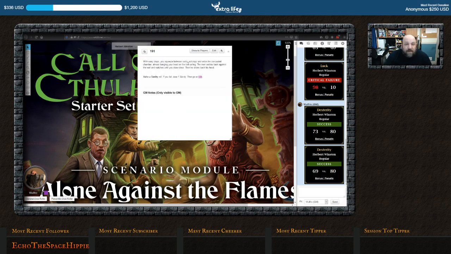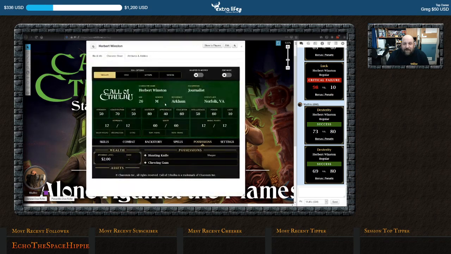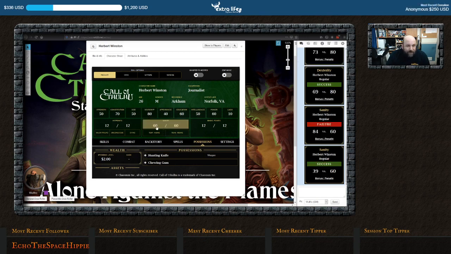With wary steps, you squeeze between rocky outcrops and enter the concealed chamber, almost banging your head on the low ceiling. The man settles back against the wall and watches until you draw close. Then he slides back his hood. Make a sanity roll. If you fail, lose 1 sanity. That's never a good sign. I failed. Which means